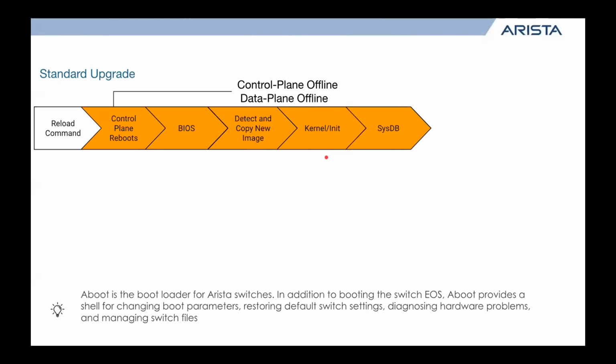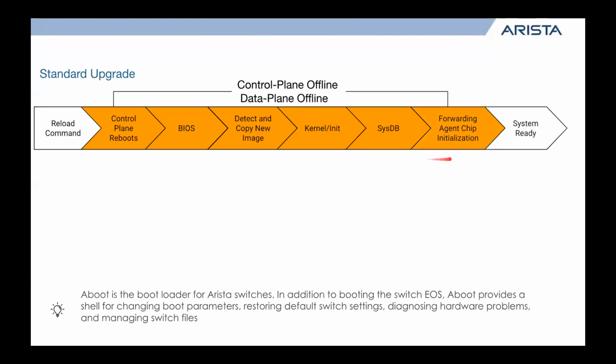Basically, the first program that's always going to launch, regardless of the platform, is going to be sysdb. So this works with our other core components to determine which agents or processes need to be run and in which order to bring them up. And part of this process is our forwarding agent coming online in our switch chip initialization, which means we have our forwarding tables, but they need to be initialized to a 0 value, just so the rest of the applications have an initial value to work with. Then after all that happens, the system's up and ready to forward.